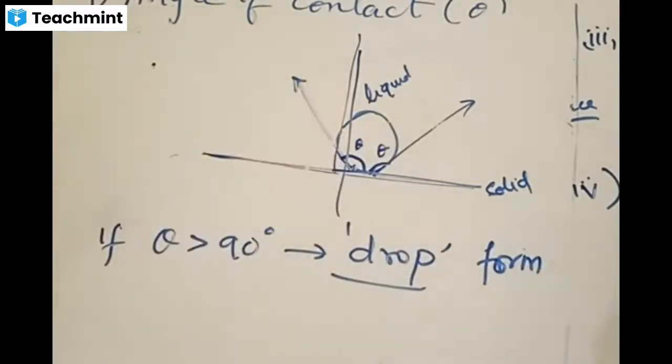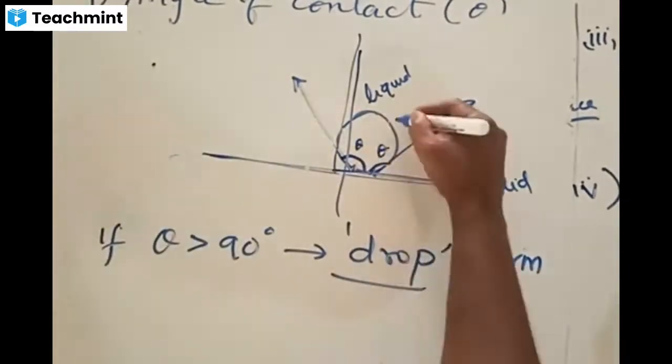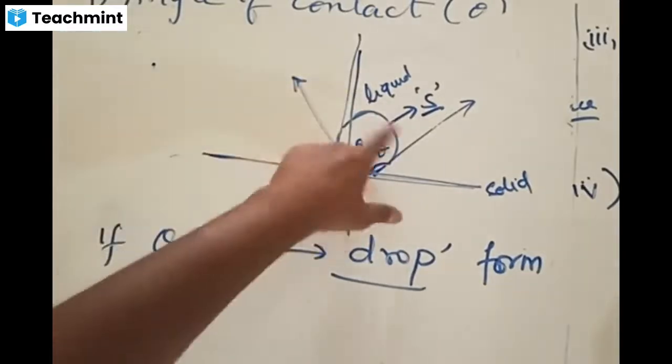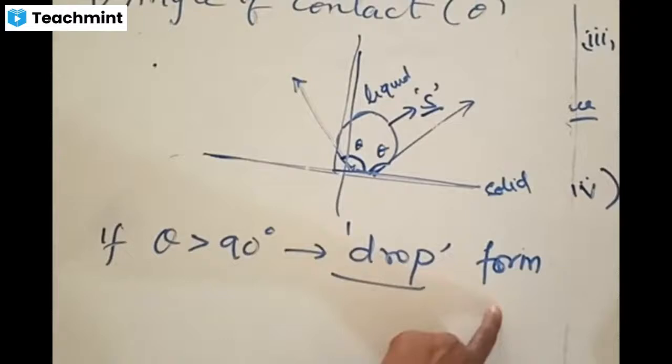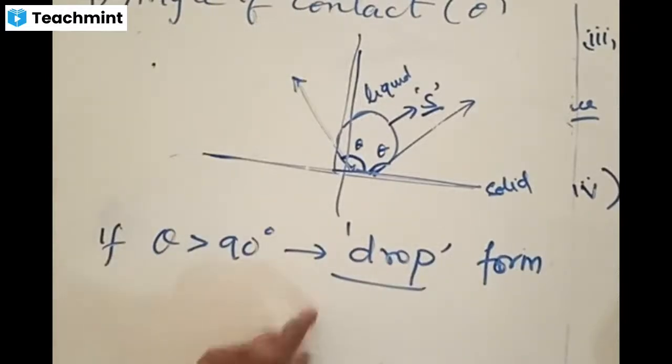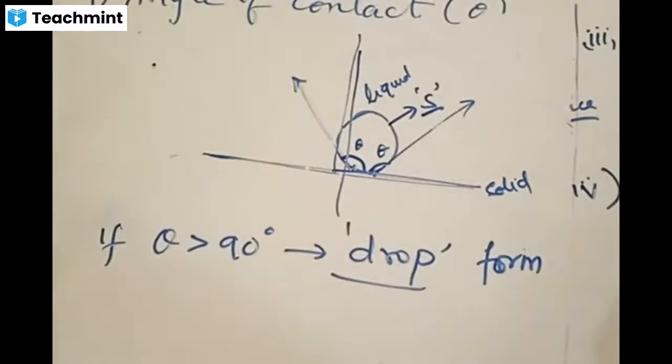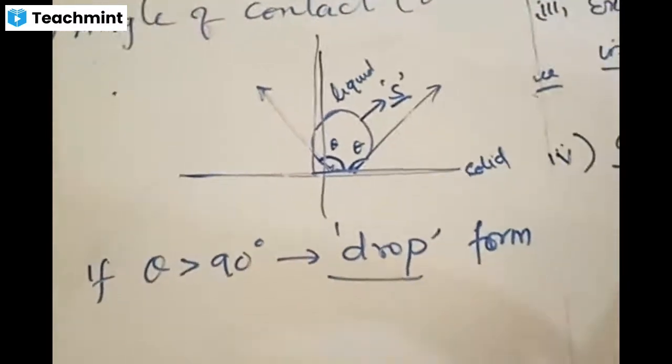If the angle of contact is more than 90, and for every liquid surface there exists some kind of surface tension called S. For every liquid surface, the surface energy per unit area is called surface tension. So, because of the surface tension, it is going to form a drop. For what angles is it going to form a drop? If it is something like this, greater than 90 degrees, then it is going to form a drop. Then what other case?